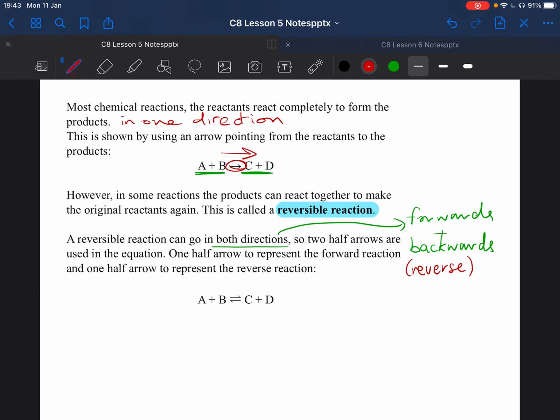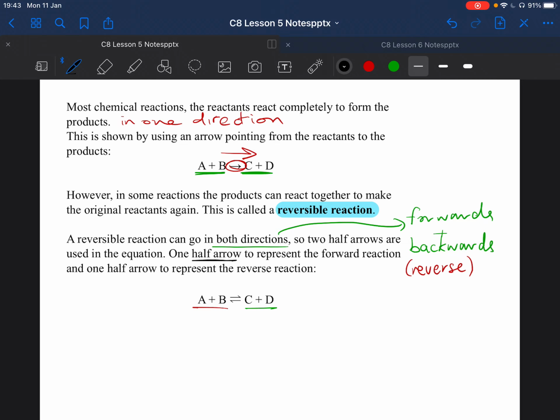Think of it like a car. If you are moving from the reactants, so A and B, to the products, C and D, you are driving forwards down the road. But if you're going back from the products to the reactants, you are reversing back down the road. And when we're talking about reversible reactions, we can denote that it's a reversible